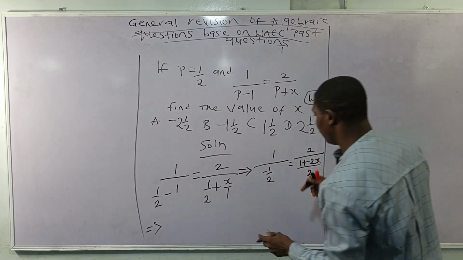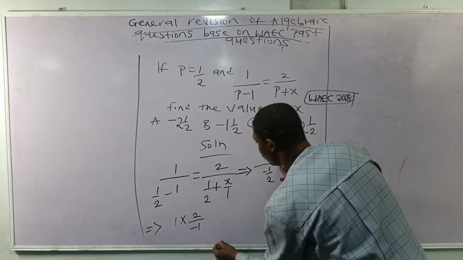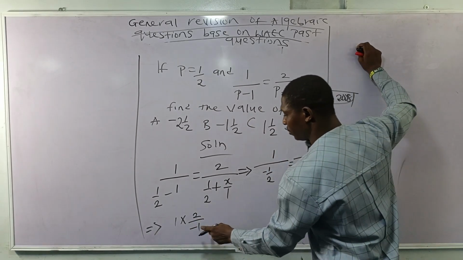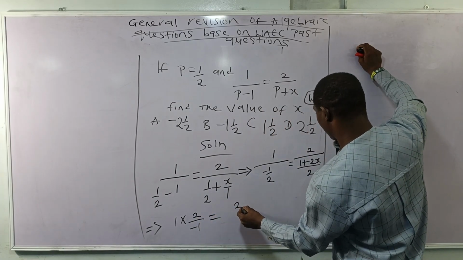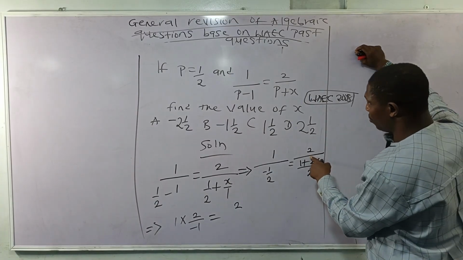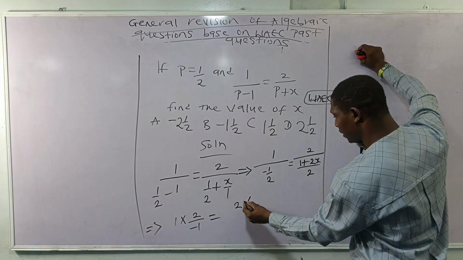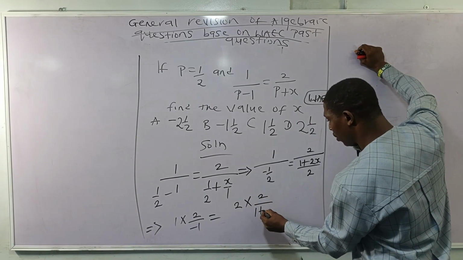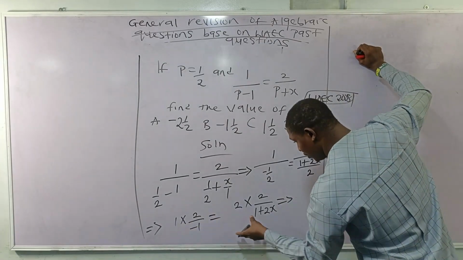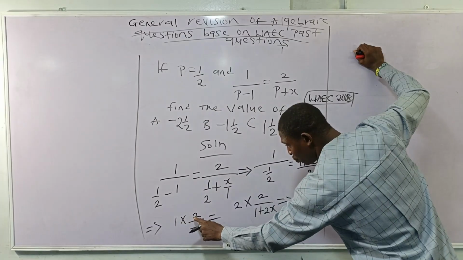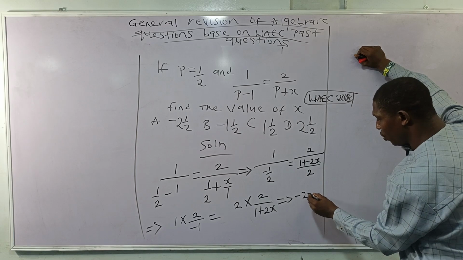I'll therefore have 1. If I change this division to times, I'll have 2 all over minus what? 1. Which is the same as what? Minus 2 over 1 equals to 2. If I change this division sign to times also, I will have what, which is this expression here. I'll have what, times 2 all over 1 plus what, 2x. Now, this entire expression will give me 1 times 2 is 2, and 2 divided by minus 1 is what? Minus 2, which will be equal to